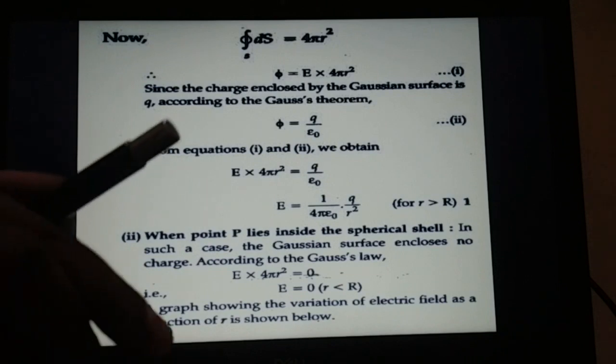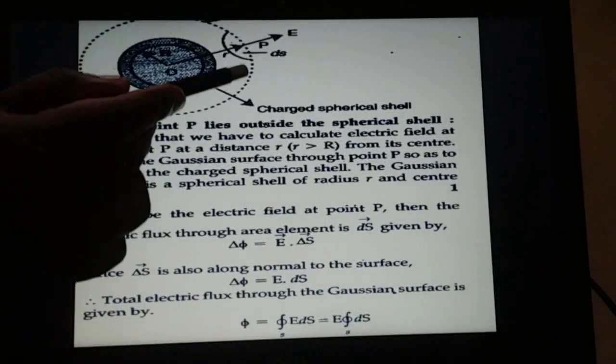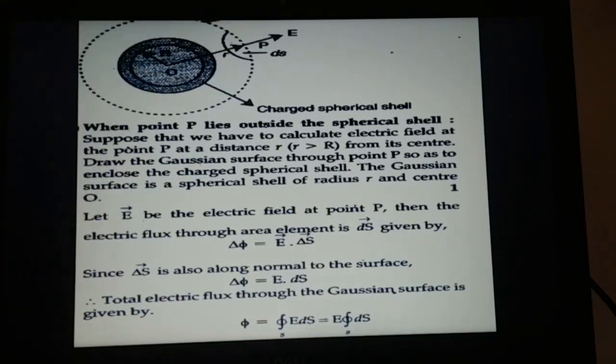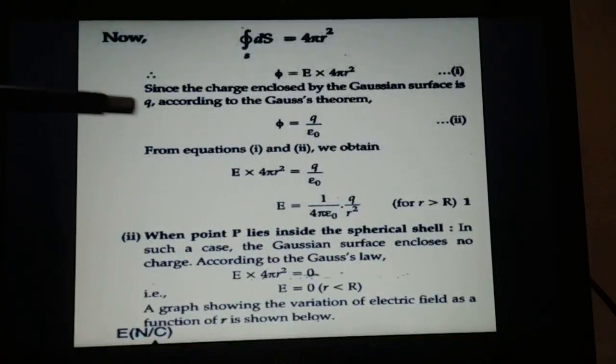Coming back to the diagram, the total sphere is now inside the Gaussian sphere. So what will be the charge enclosed by the Gaussian sphere? It is the total charge on the conducting thin shell. According to the Gauss theorem equation, phi is equal to Q by epsilon 0, where Q is the total charge on the